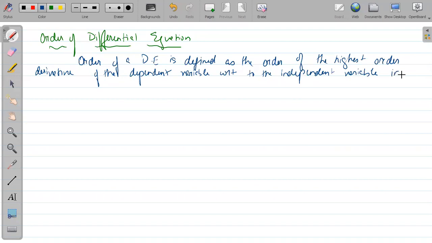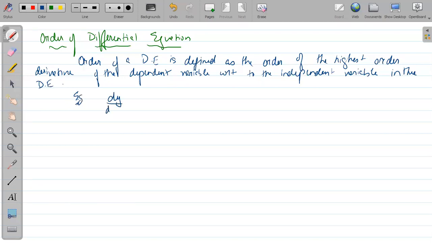In the differential equation, that is the simple definition. But highest order, just see which order of derivative is present, and that highest order will be known as the order of the differential equation only. In the differential equation, you can have some example. Yes, obviously, look at the example, simple.